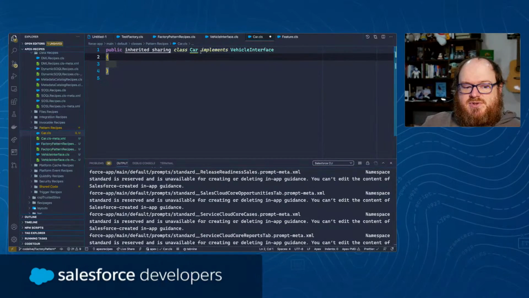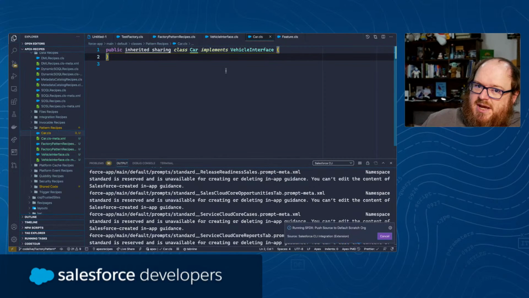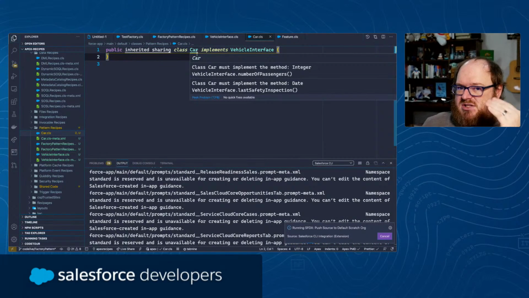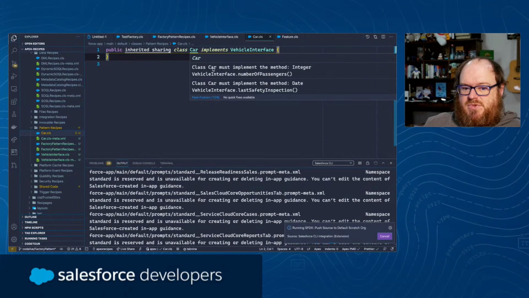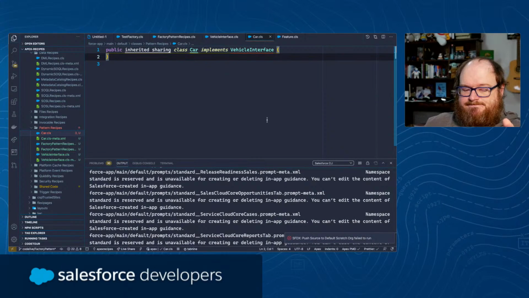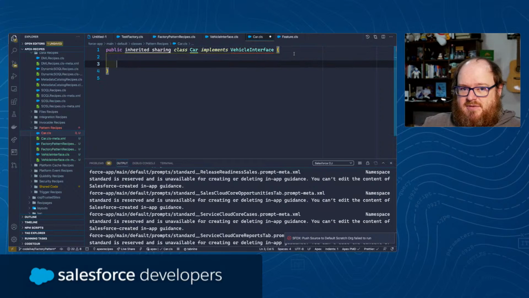Now the first thing I want to do here is I'm going to try and save this. Now I know we're having issues saving, but one of the things that should also come back and tell you is that car doesn't currently implement the following things. In fact, here it is. Car must implement the following method: integer vehicle interface number of passengers, and car must implement the method date vehicle last inspection. Okay, so in order for this interface to be functional, for this class to compile even, we have to